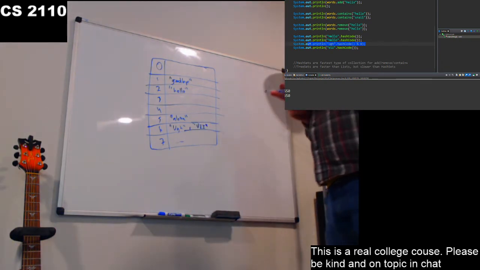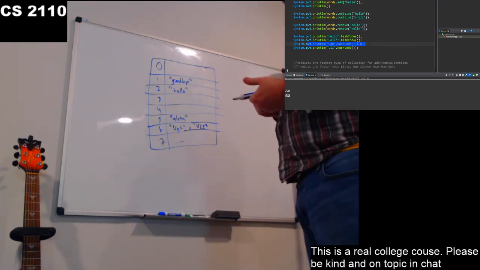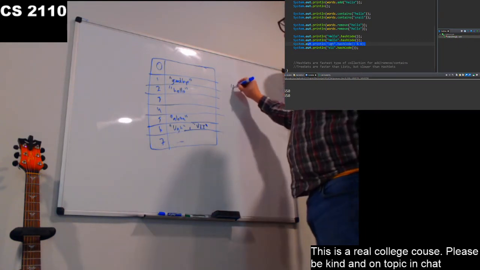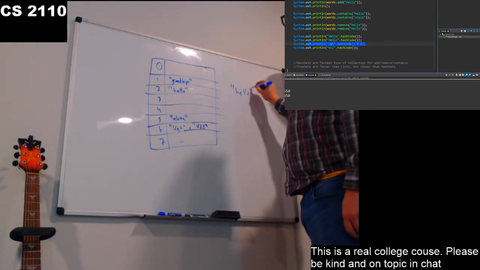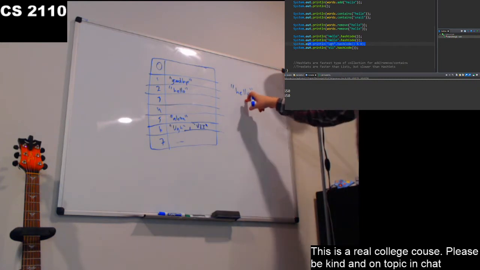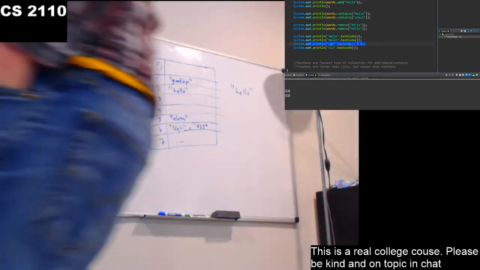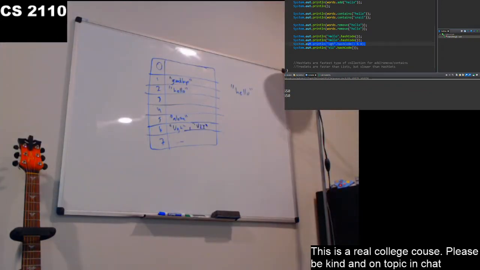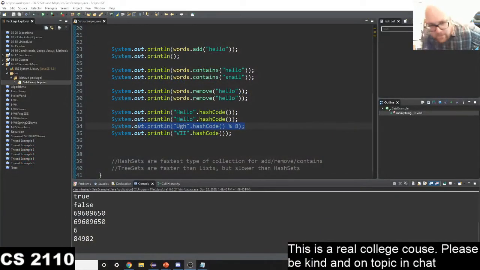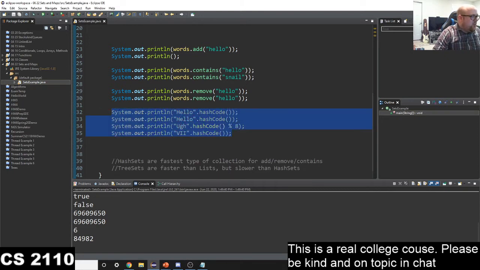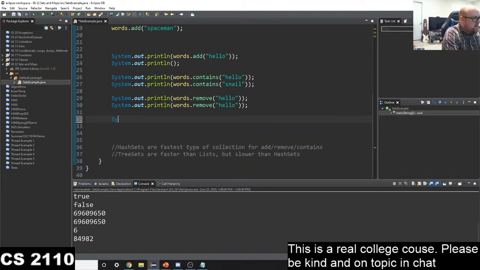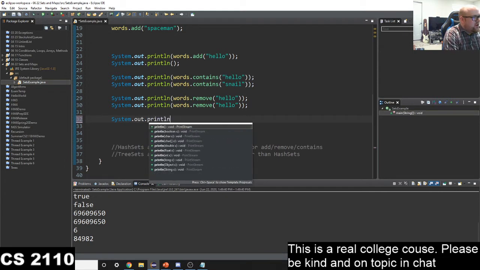So now, let's talk about how the contains function works. Let's check if our set contains hello. We want to ask, okay, hello, does our set contain this? Java does not loop through this set to check if hello is there. Instead, what Java does is it says, okay, if hello were in this set,